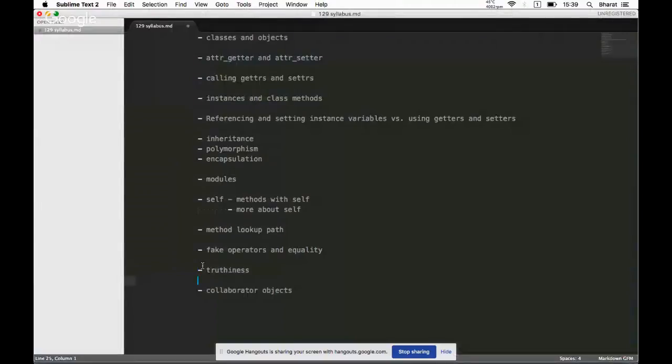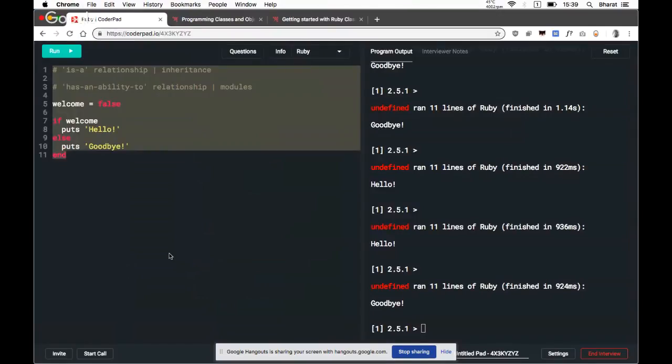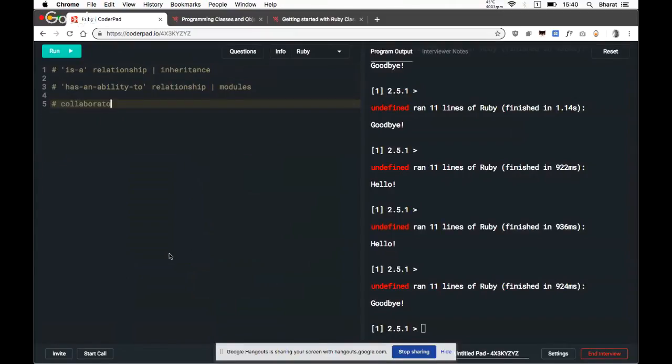Yeah, truthiness, collaborator objects. We talked about two relationships till now, is-a and has-a. Collaborator objects are objects that a class has, and this is important when our classes are getting heavy and we can split responsibilities between two classes. So let's say we are going to open a library, and we initialize with